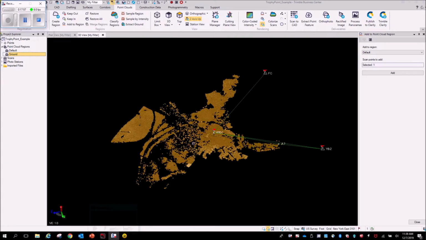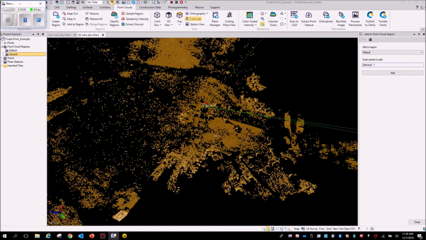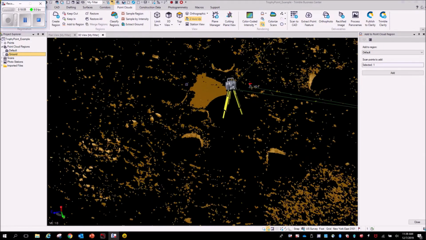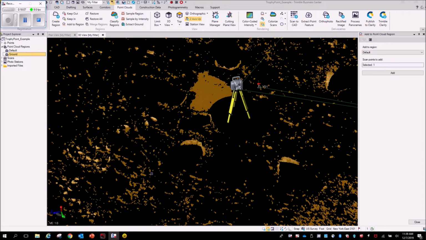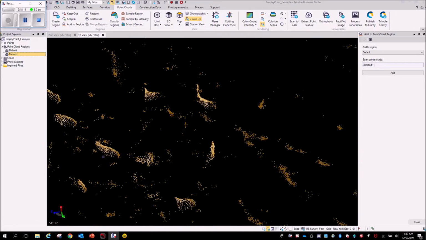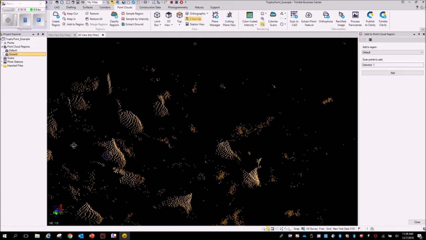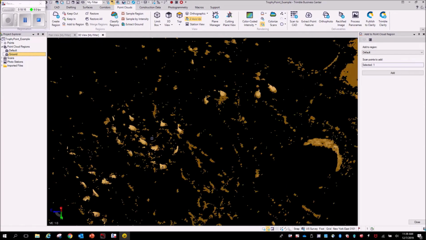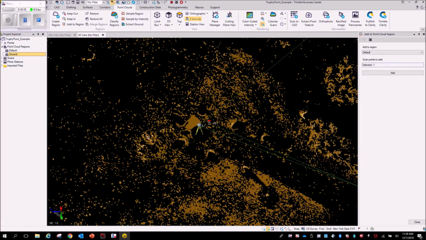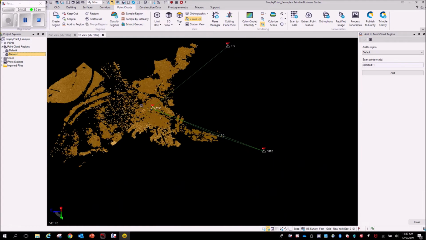Okay, the next thing we're going to do with our extracted ground points here is we're going to resample them. Big thing with terrestrial LiDAR is you get variable density of points, especially when you add the specular reflections that are taking place outside of these footprint regions. And so we're going to try to smooth that out a little bit, and one of the ways you can do that is by resampling. And so we'll select the data set. We're going to say sample by region,